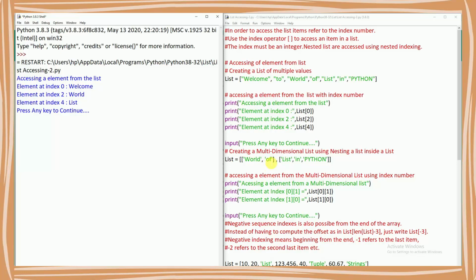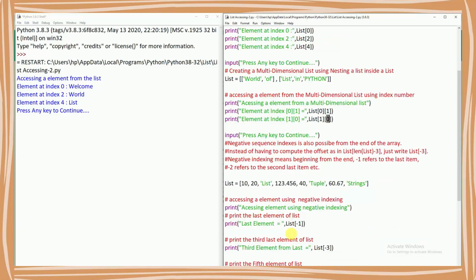These are two lists, so this is called list index 0 and this is called list index 1. In list 0, world is at index 0 and of is at index 1. So 0, 1 means in this list it is of, and in the other list it is list because the index is 0. I hope this is clear. Once again, this complete list will have index 0, and this complete list will have index 1. This of will have index 1, and this list will have index 0.